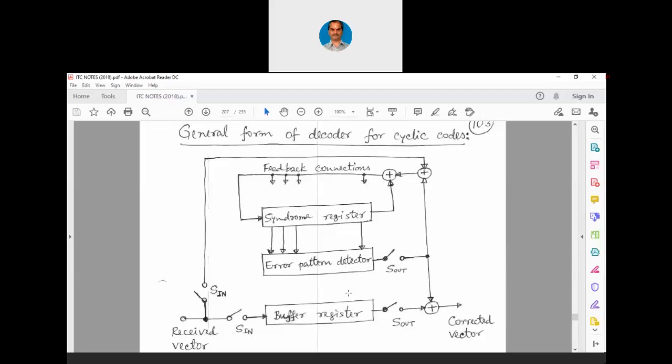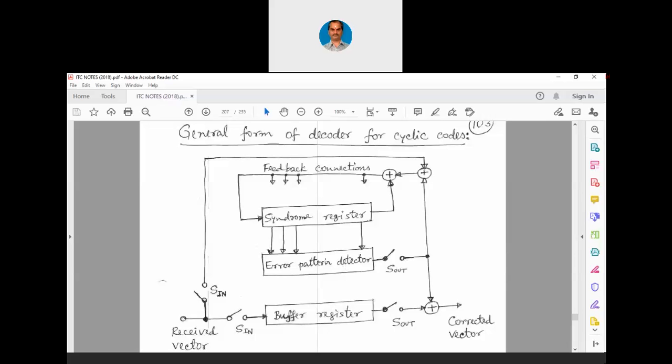If at all the MSB is not having an error, then gradually, the syndrome register is basically a shift register. The bits will be shifted to the right side, and at that time again the same error pattern detector is going to detect the error, and if there is an error it is going to correct the error, and it will go on. Let us say now also if there is no error, one more bit shifting will happen, and